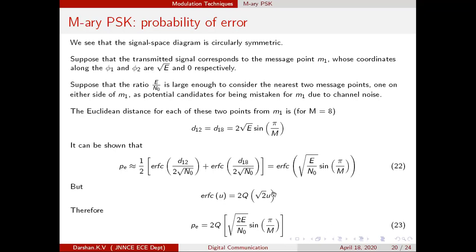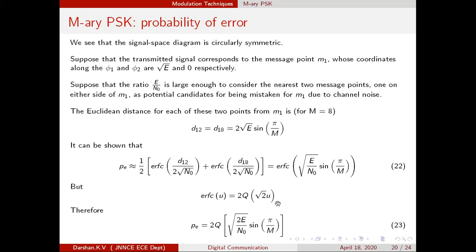And also, before I forget, we have derived the probability of error expression for BPSK and QPSK. There also, the final expression was in terms of the error function. So the evaluator may expect it in terms of the Q function. I have shown in the slide the equivalent relationship between the error function and the Q function. Use that and just modify the terms. Or while uploading the notes, I will write the modified expression also.